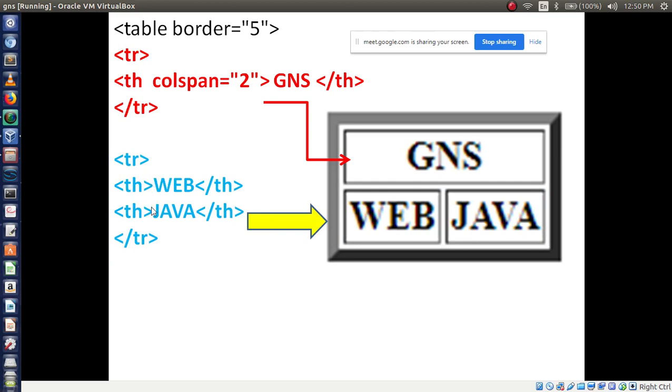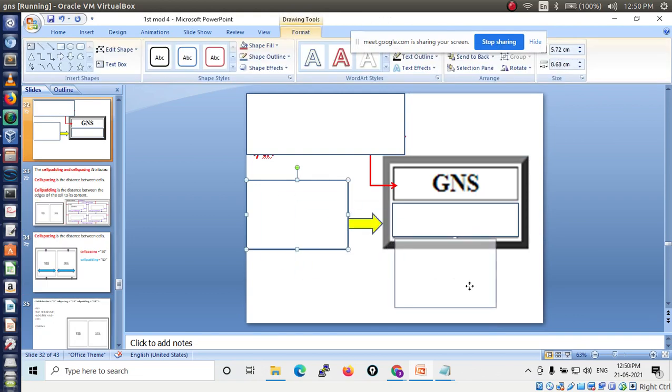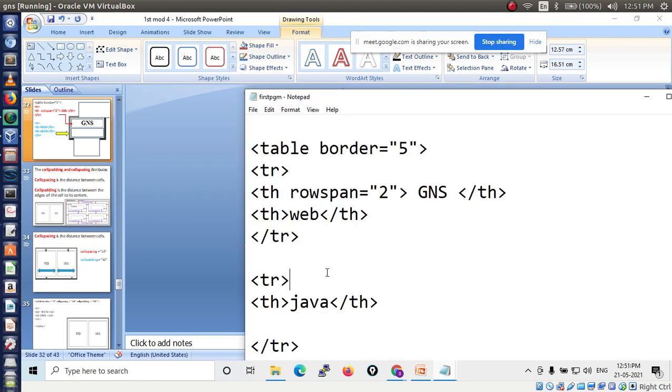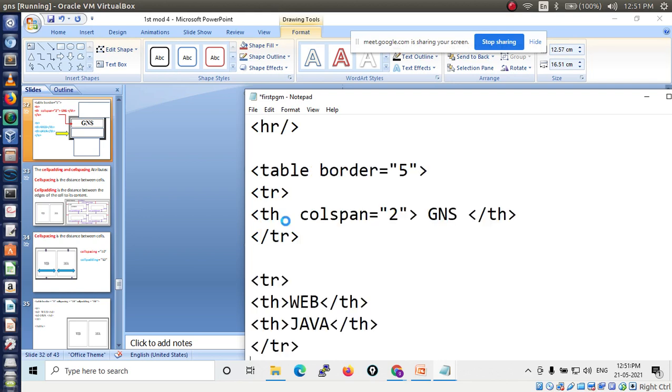So this is a demo for column span. Again I am using one more line, inserting it here to give column span. Let's see.